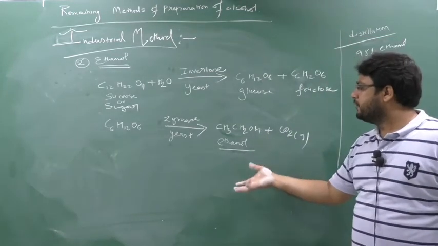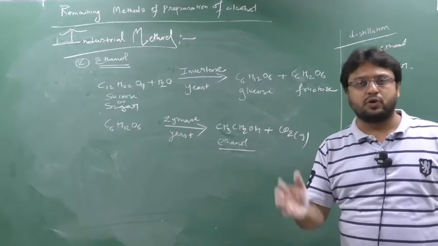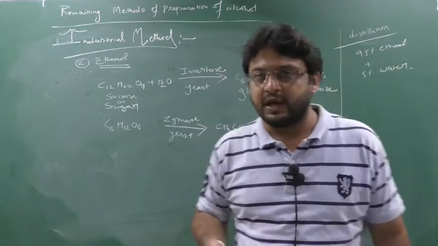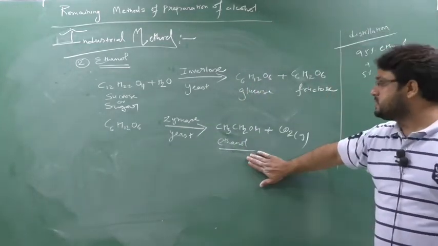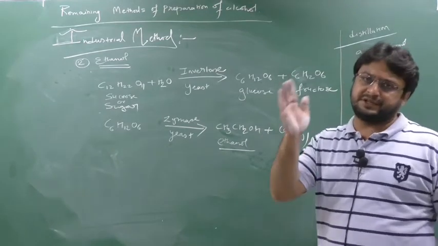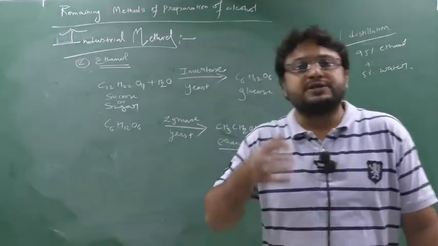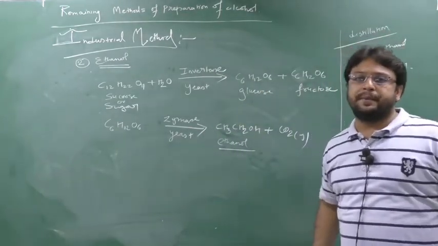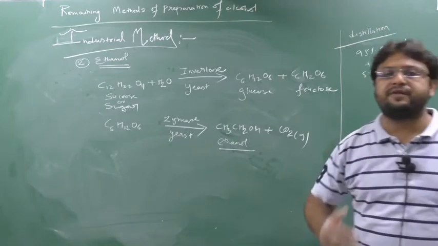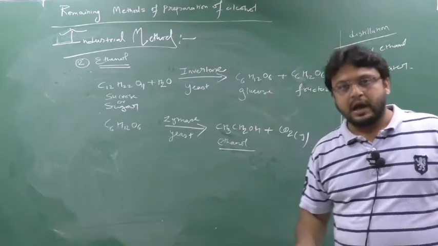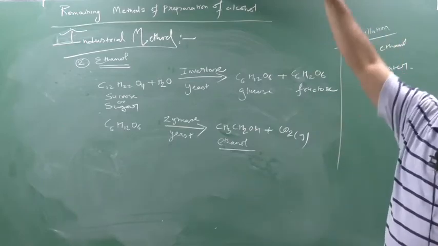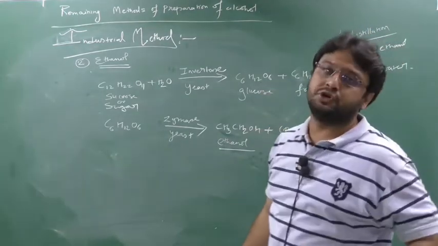Suppose first I have 50% ethanol and 50% water. When I start heating, or when I start the distillation process, suppose during this reaction I obtain 50% ethanol, which means 50% is ethanol and 50% is water. So I will start to do the distillation. On distillation, what will happen now? 50% will increase to 60, 70, 80, 85, 90, 95. Beyond 95, however much I heat, ethanol cannot go to 96, 97, 98, 99, which means 100% pure ethanol cannot be obtained.